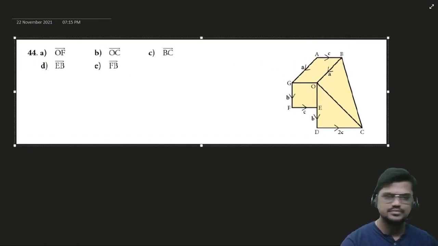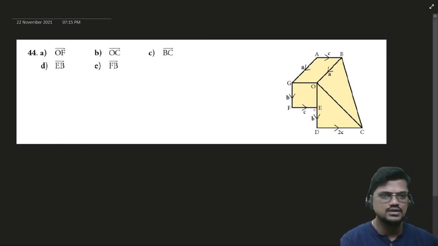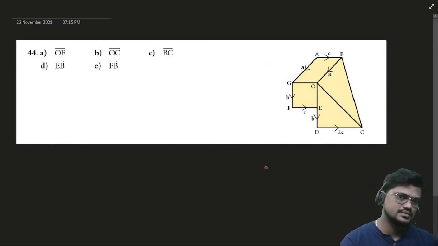Now see this question. What they have given, you have to find what is vector OF. Okay, over here you have to find what is vector OF. So how do you find it? To get the vector OF,